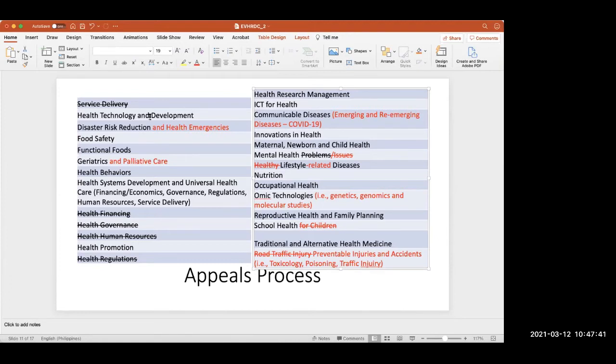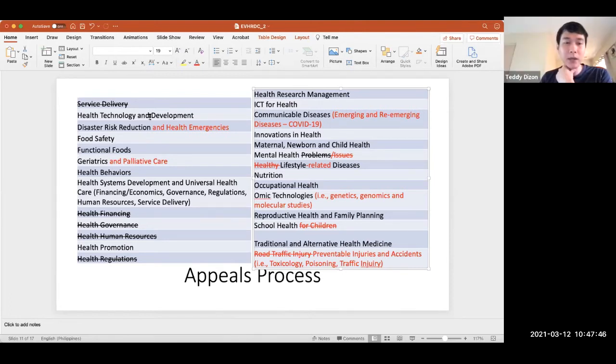First, we have health technology and development. Second, we have disaster risk reduction and health emergencies. Third, we have food safety, then followed by functional food, geriatrics and palliative care, health behaviors, health systems development and universal health care, health promotion, health research management, ICT for health, communicable diseases, which includes emerging and re-emerging diseases like COVID-19,